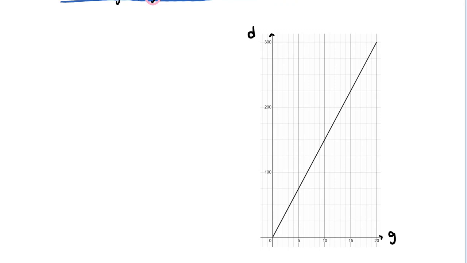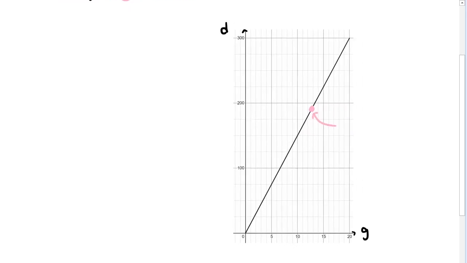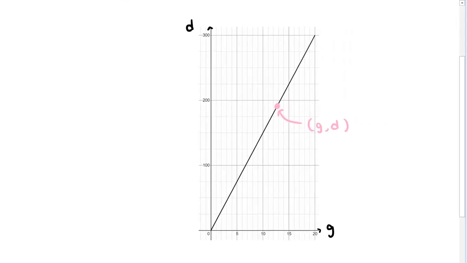If I look at a point here, I'm going to pick just a random one, but a point on the graph. What does this point mean? So this point has two different values, right? It has a G value and a D value, a horizontal position and a vertical position. And what this pair together is really saying is how much